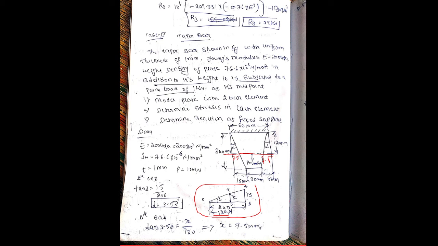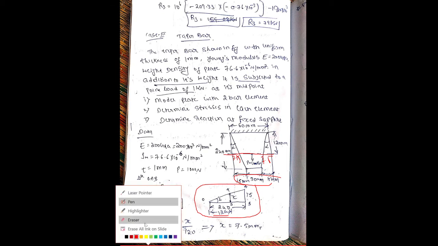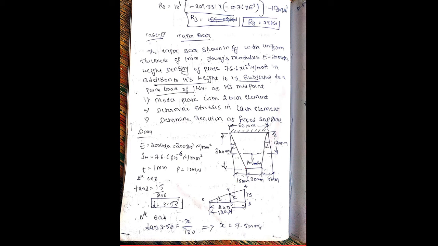Why? Because they have given the width here. That's why we are taking this width now. Otherwise you can take an average, but you can't do like that because they give the exact width here. That's why you need to calculate this width at this point here. Let us call that x.